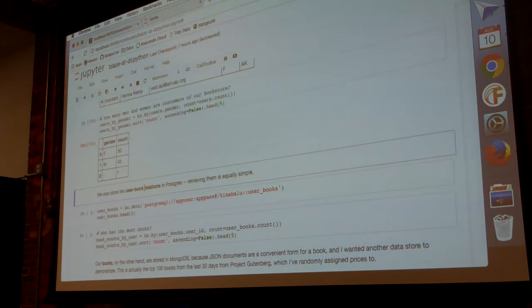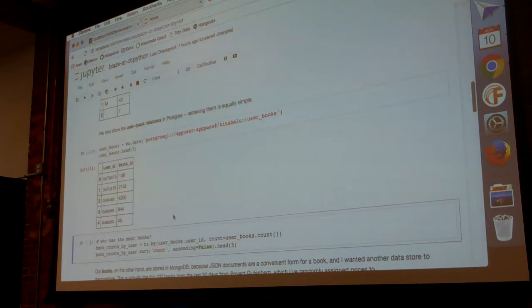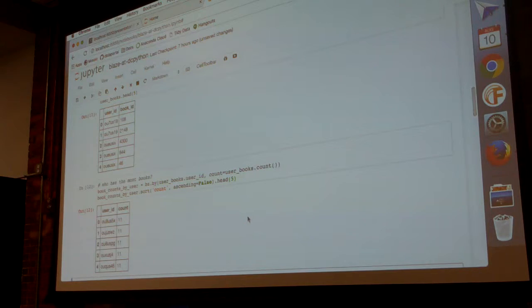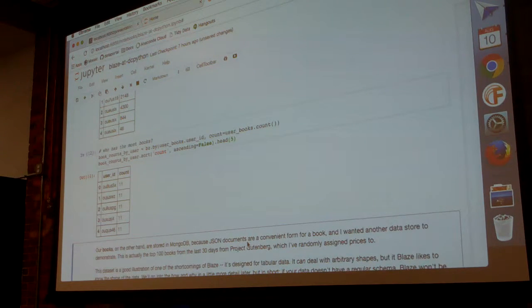Okay, we also store user and book relations in Postgres because why not? And reviewing them is equally simple, so we know who owns what books. So let's find out who has the most books. We join, we group up, and we say, okay, our biggest readers only have 11 books. So this is not the most lucrative or successful of bookstores yet, clearly, but